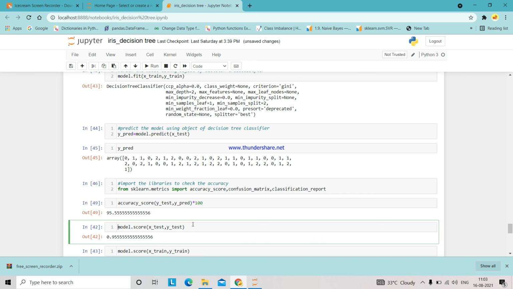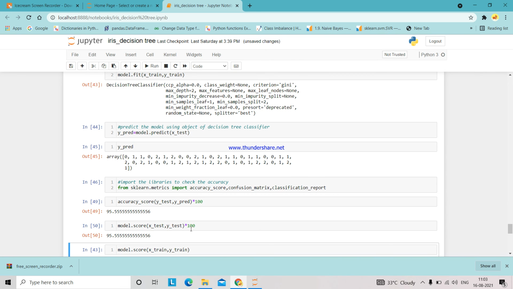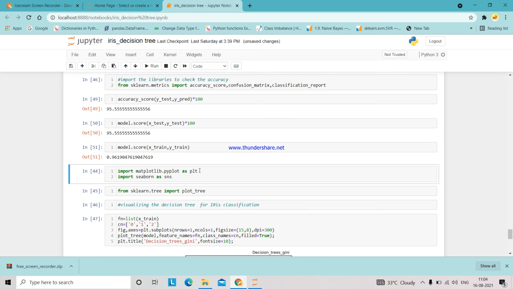And model.score of x_test, I want to check the model score, also 95%. And I also want to check the train score. Okay, this is 96 percent.